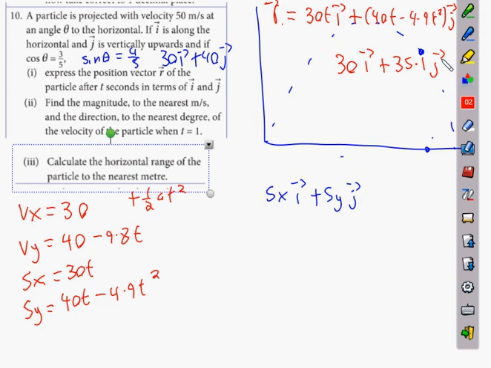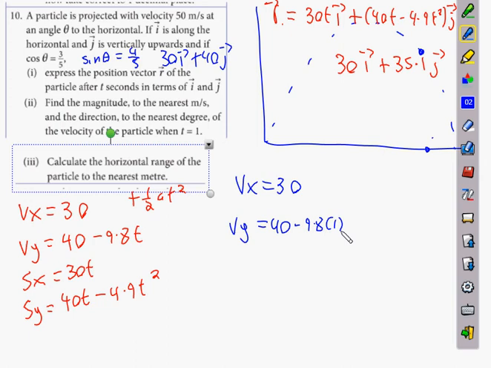Now, find the magnitude to the nearest meter per second and the direction to the nearest degree of the velocity of the particle when t equals 1 second. Okay, what do you mean by the velocity of the particle? The hypotenuse of the triangle, basically, right? So, after 1 second, Vx is still 30, and Vy is 40 minus 9.8 times 1. This results in a velocity of 30i plus 30.2